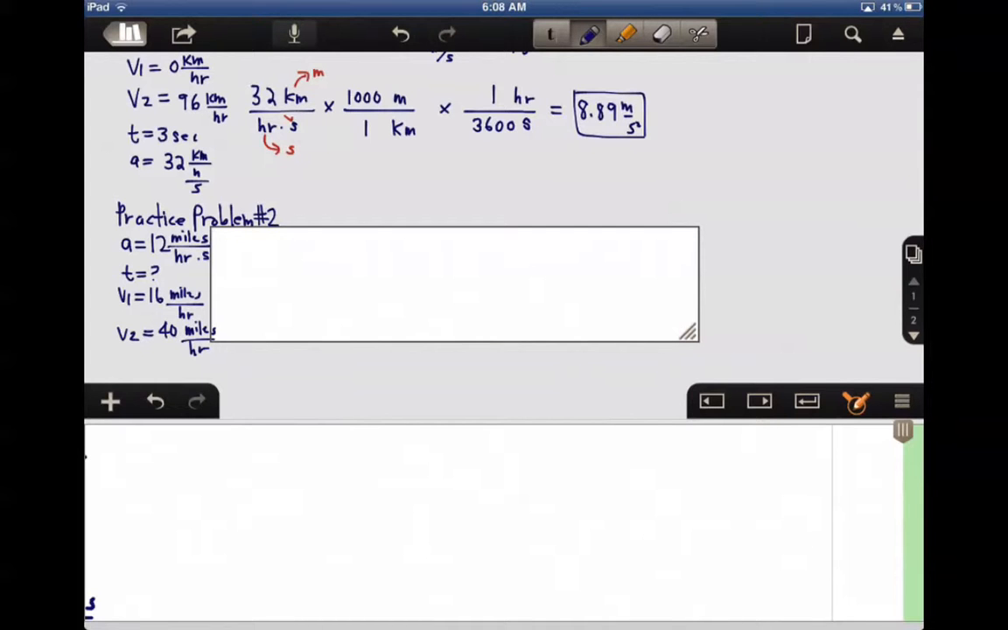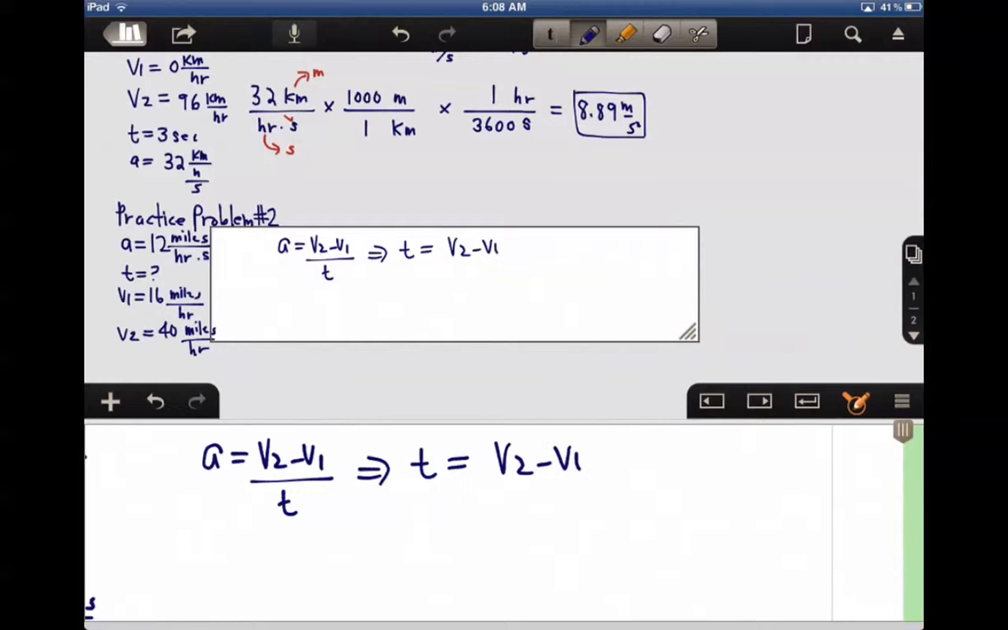Again, I'm going to use the equation that we've been using. A is V2 minus V1 all over T. I'm solving for T, so the equation really becomes T equals V2 minus V1 all over A. If we look at our givens, we have units of miles, and then we have units of hours and seconds. When I go ahead and just plug in to this equation,